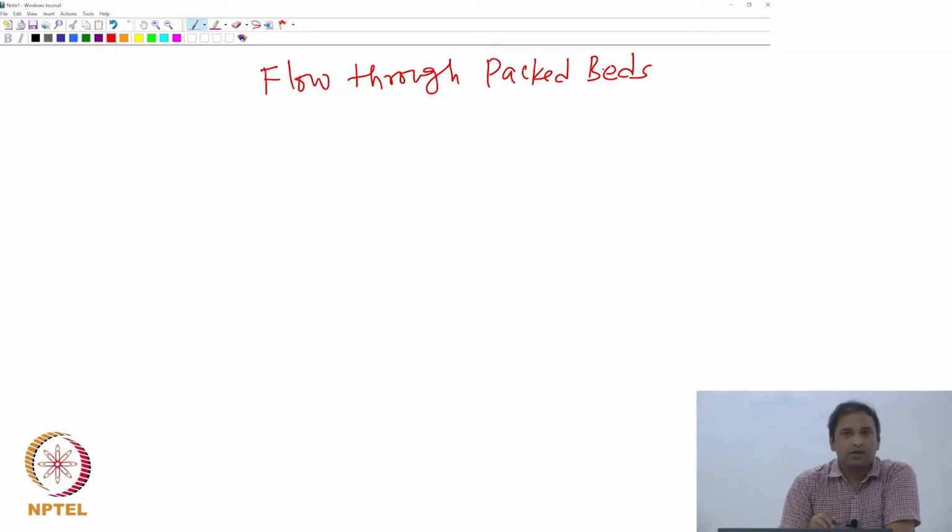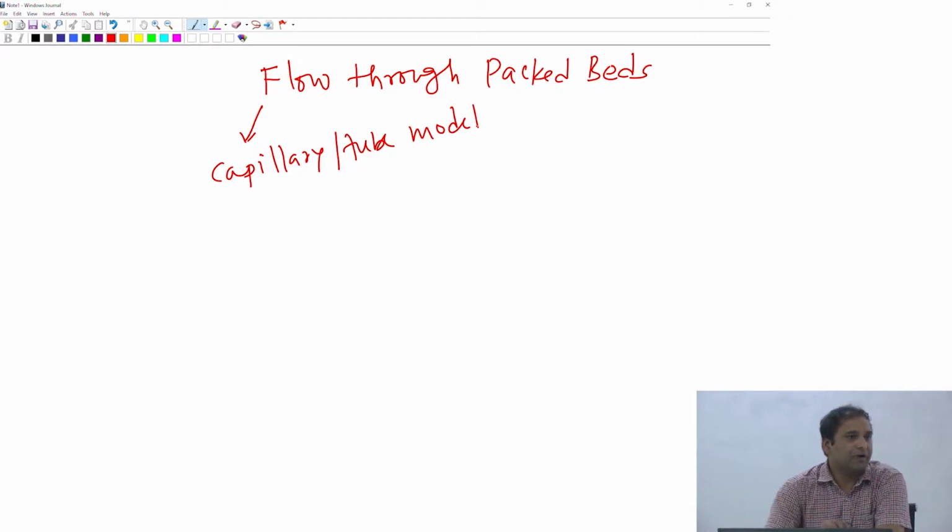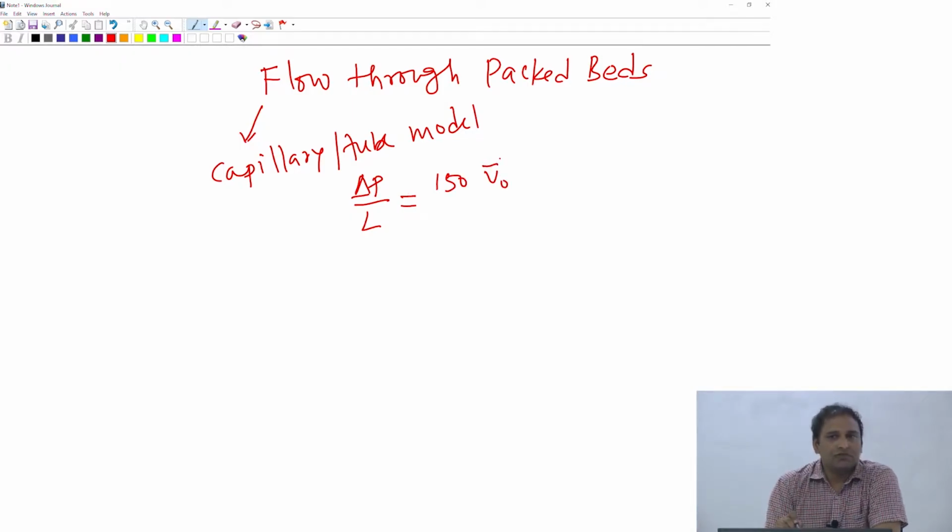Okay, so what we were looking at in the last classes, we looked at a concept called the capillary model, or tube model, right? Which is a methodology that has been developed to basically correlate delta P by L, which is the pressure drop per unit length of the packed bed, to properties of the packed bed, in terms of V naught bar, which is the superficial velocity